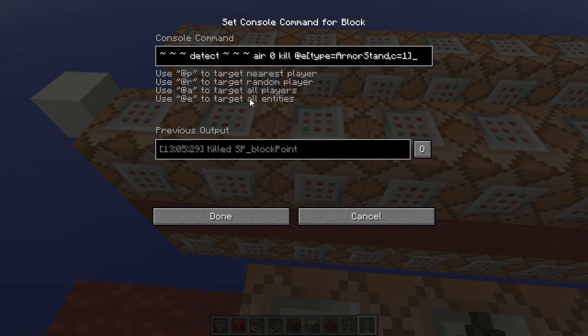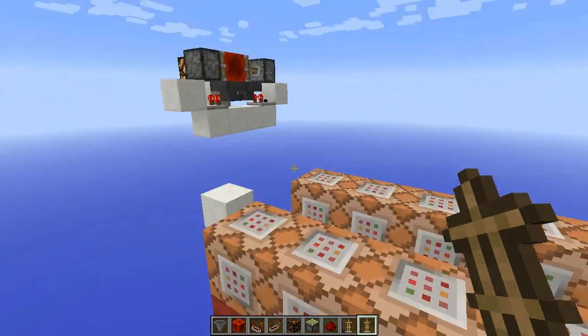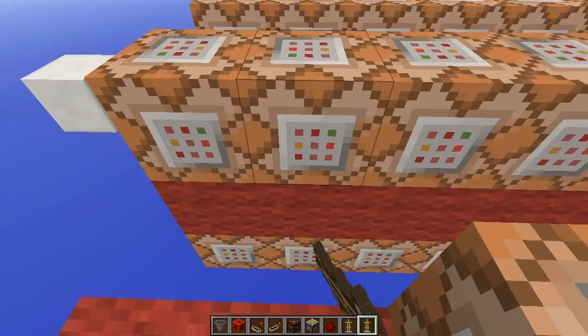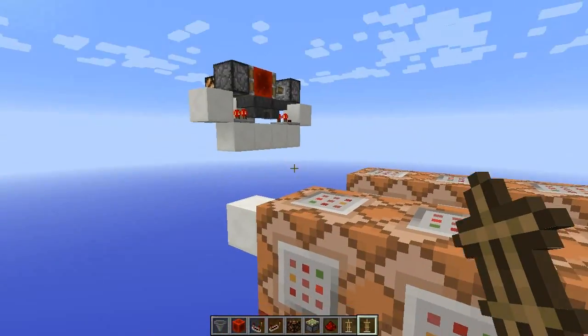we kill any armor stands that are detected to be in air at this point, if they're called SP block point, and that gets rid of any unneeded armor stands in the air. And then we summon shulkers at all the armor stands that are left, giving them a no AI score and an invulnerable score so they don't suffocate in the block. And then finally we kill the original armor stand, we kill the armor stands that were left inside the blocks,